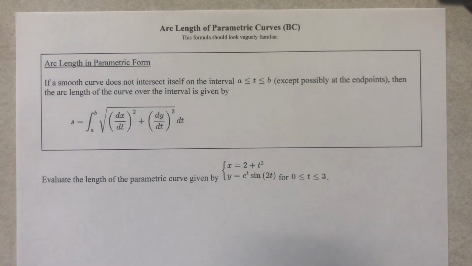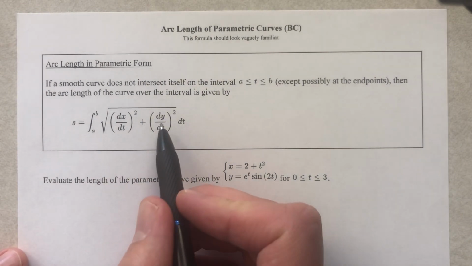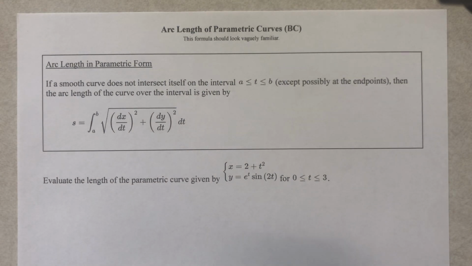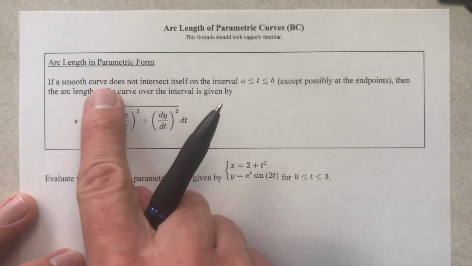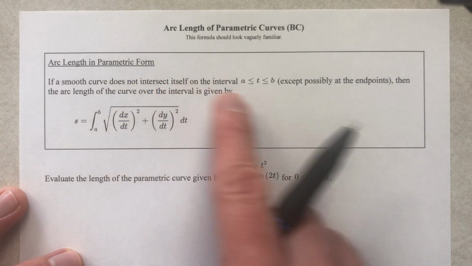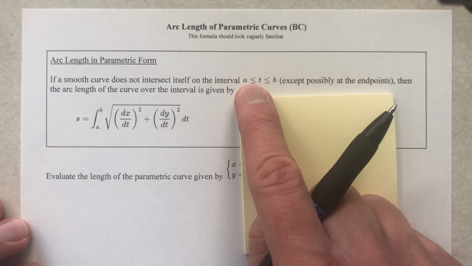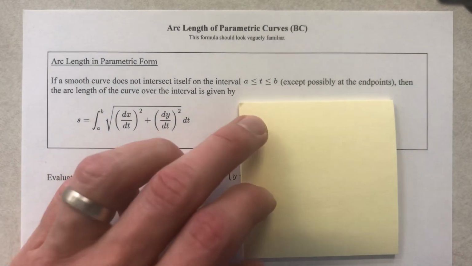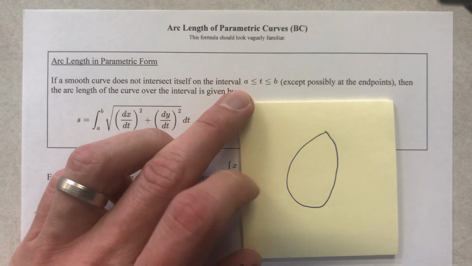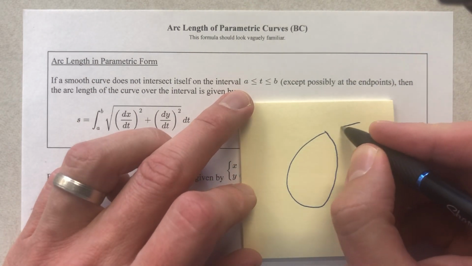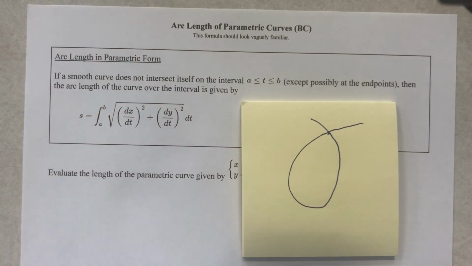and so we are going to have a couple different issues with this. First of all, we're going to have to take the derivative of x and the derivative of y, and we're also going to have to put them both in there. And then there's another little issue: we can't have the curve intersect itself, except maybe at the endpoints. So if our interval for t, now, not x, from A to B goes like this, we're fine. But if our interval started here, went around and ended here, we'd have a problem